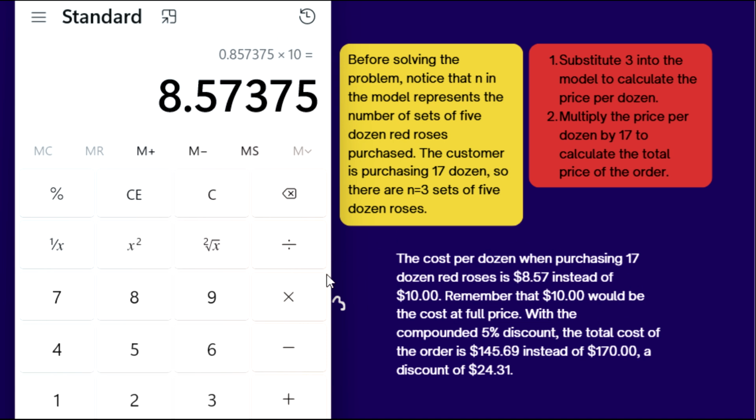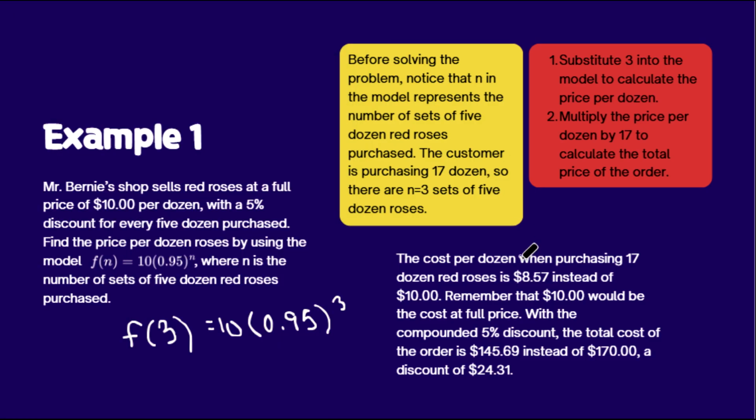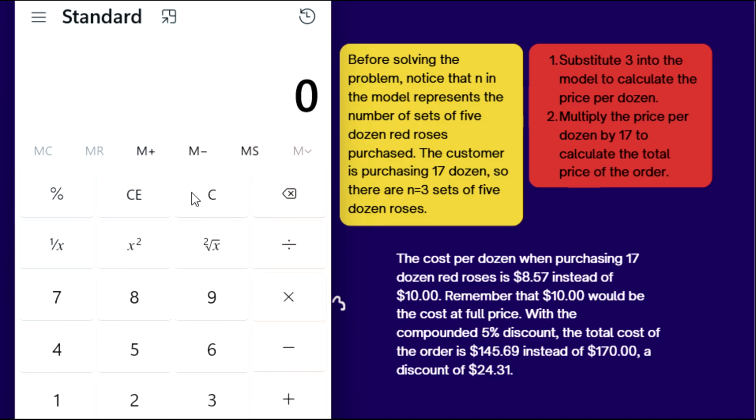Okay, I hope all that made sense to you. Remember that $10 would be the cost at full price. With the compounded 5% discount, the total cost of the order, how we would find that is, we know that it's $8.57 per dozen, and we're buying 17 dozen. So you would take 8.57, we stop there because we're dealing with money, okay? And we're going to multiply that by 17 dozen,